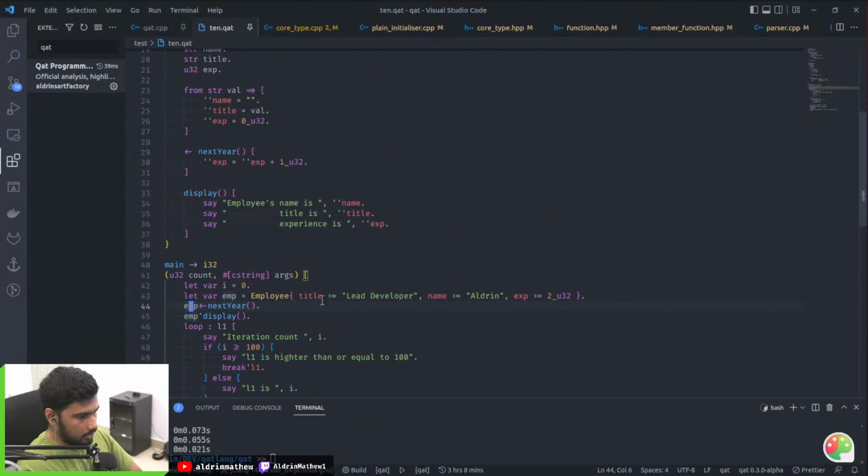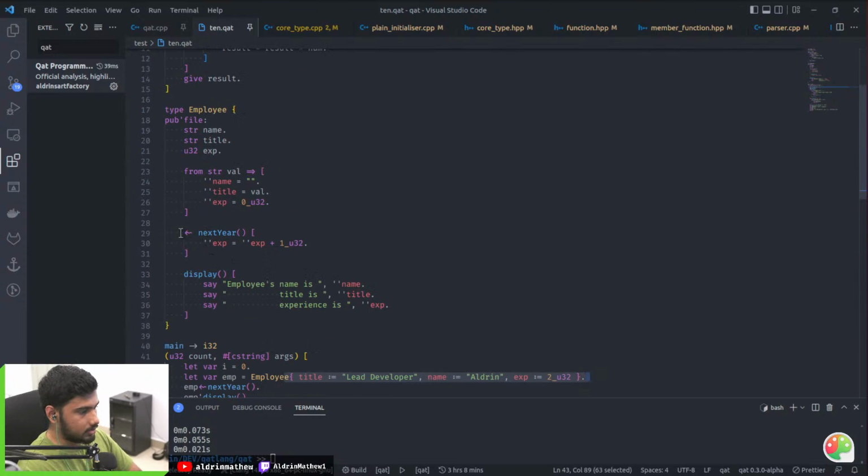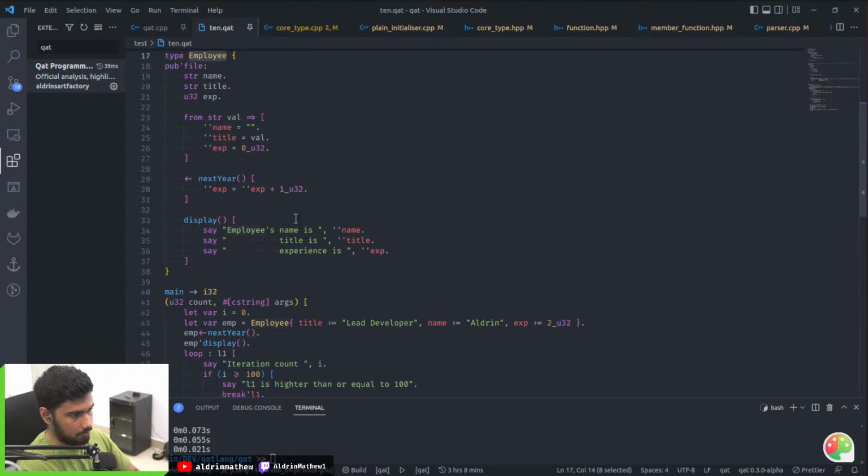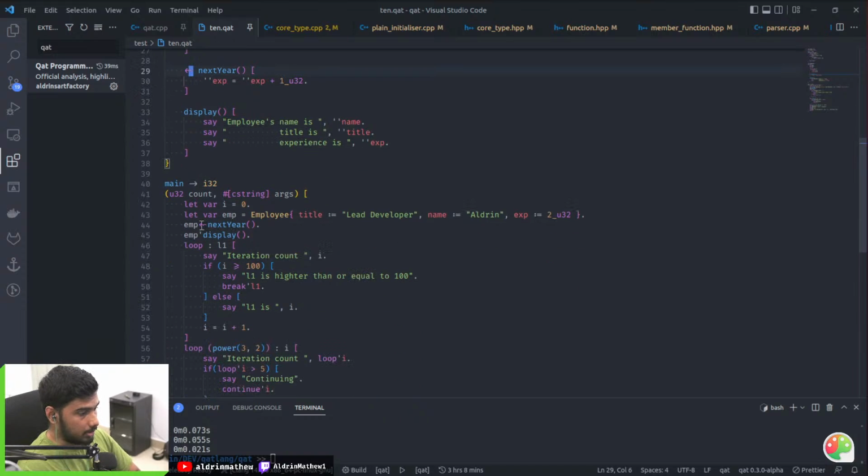And plain initializer support for member functions and variation functions. That's something I left out. Variations just means that the member function is making changes in the instance of that type, and they have to be called in a special way. The reason is that this way changes in data are explicit in the control flow.